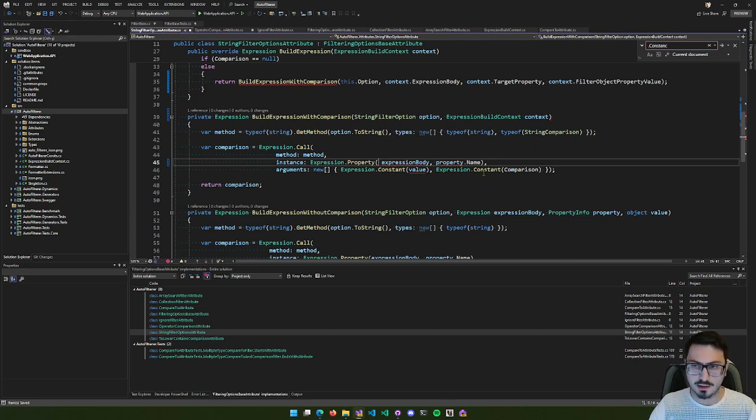Expression body, we can already have expression body inside our context. Property name, we have context dot... What is the property? Entity property, I think. This is target property, I think. Yeah, target property name. And